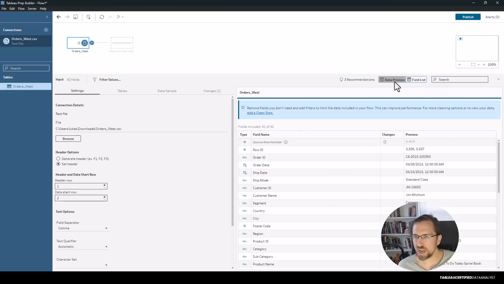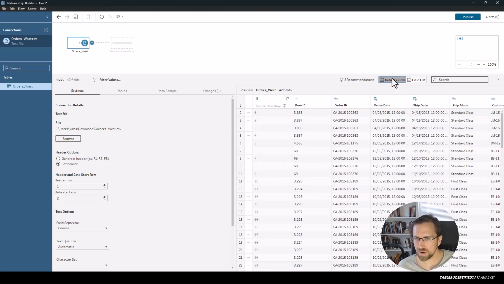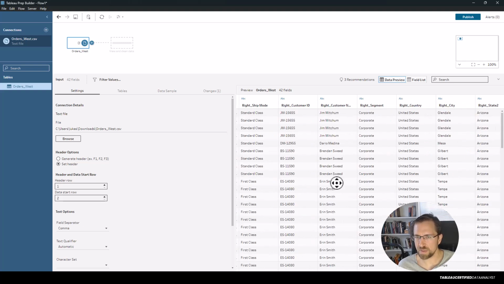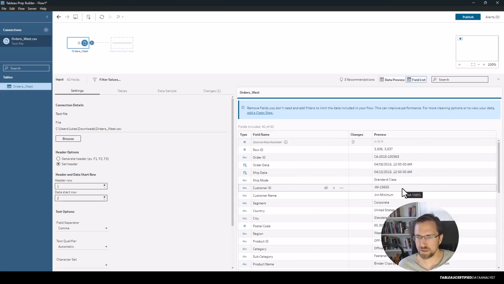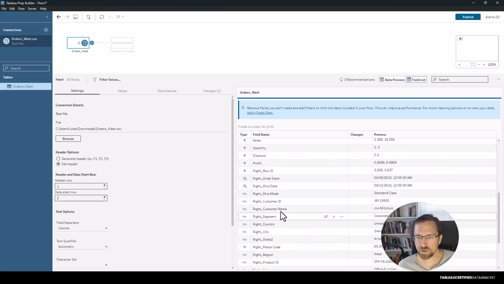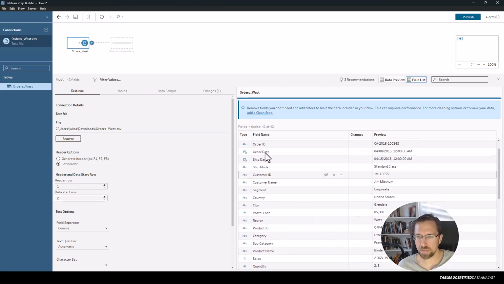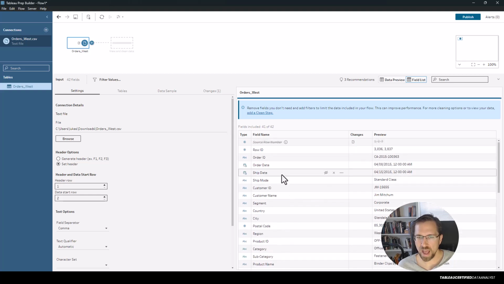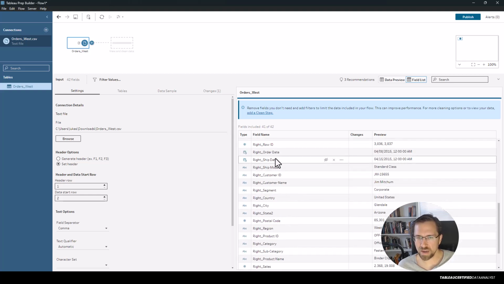I can change from field list to data preview up here. So this is a preview of the data. It's not loading every single row, but it's loading some of them so that I can inspect the data, or I can just look at the fields. And so as I scroll down, I notice that there's a bunch of fields that are repeated. So I've got, for example, up here, row ID, and then here I have row ID. And then I have order ID, and down here I have,